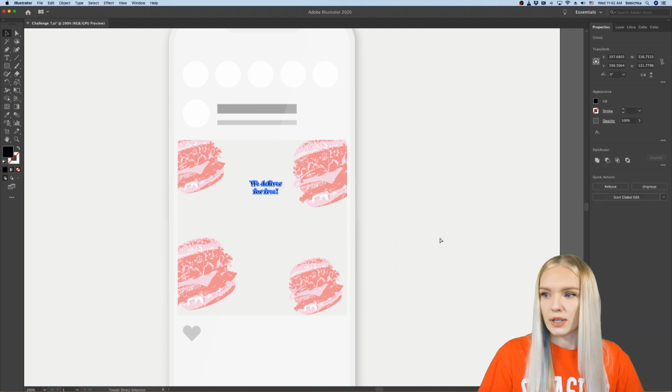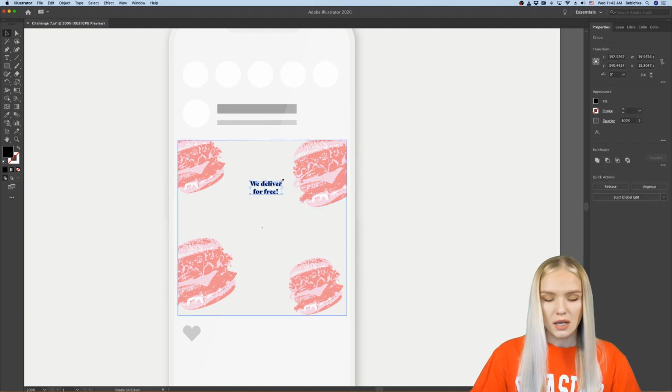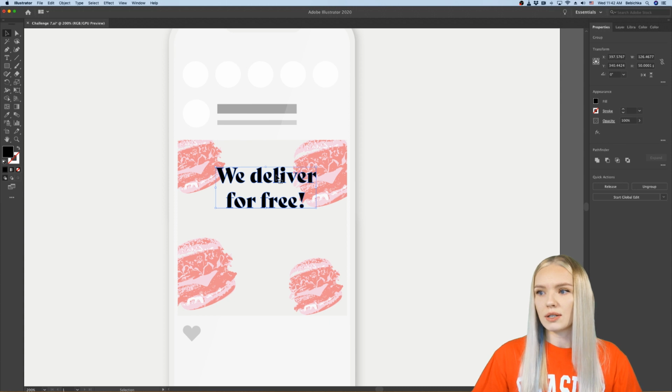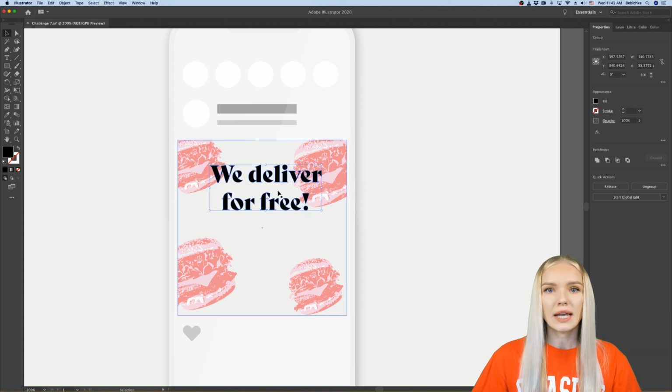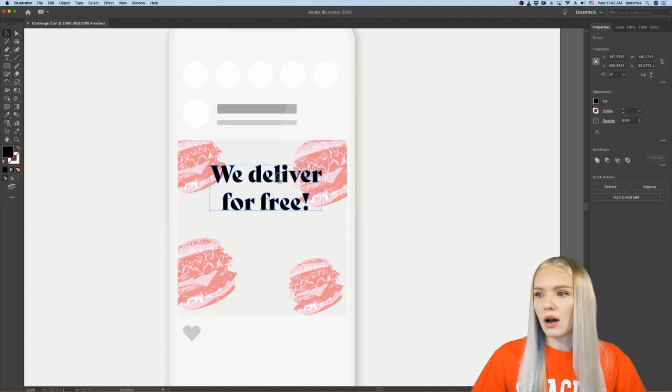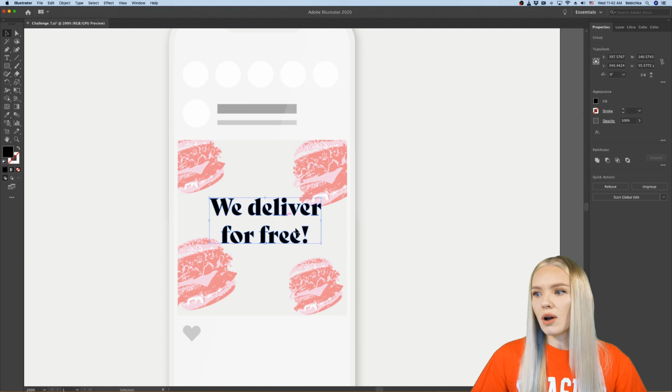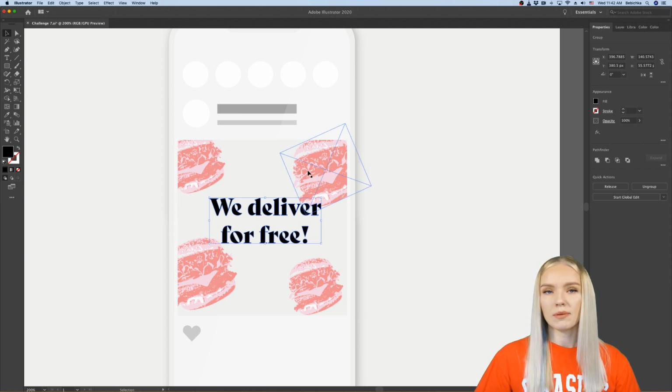But right now I'm just going to press Command Shift O, and I'm going to outline this text, and I'm going to resize it by holding Option and Shift. If you're holding Option and Shift, it will be scaling proportionally and towards the center, or away from the center of the artwork. So now I almost have my post created.